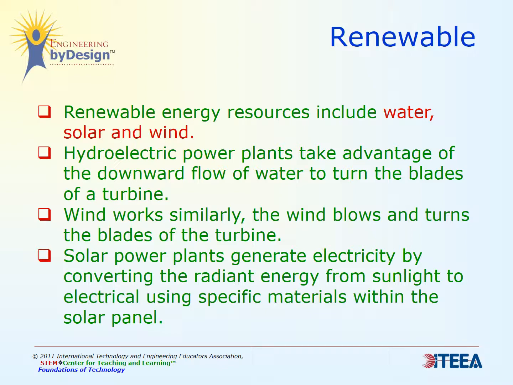Wind works similarly. The wind blows and turns the blades of a turbine. That is a conversion from mechanical energy into electrical energy. Solar power plants generate electricity because they're converting the radiant energy from the sunlight. So it's a conversion of solar energy from the sunlight to electrical energy, and it's specific materials that make